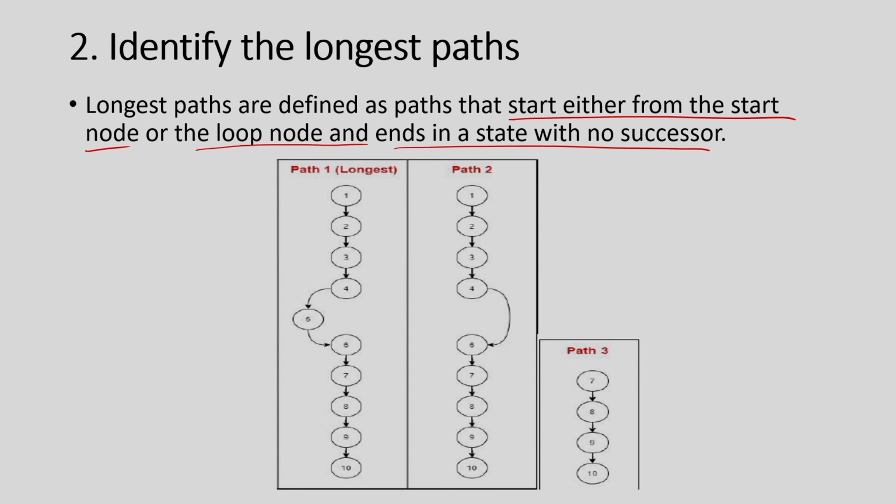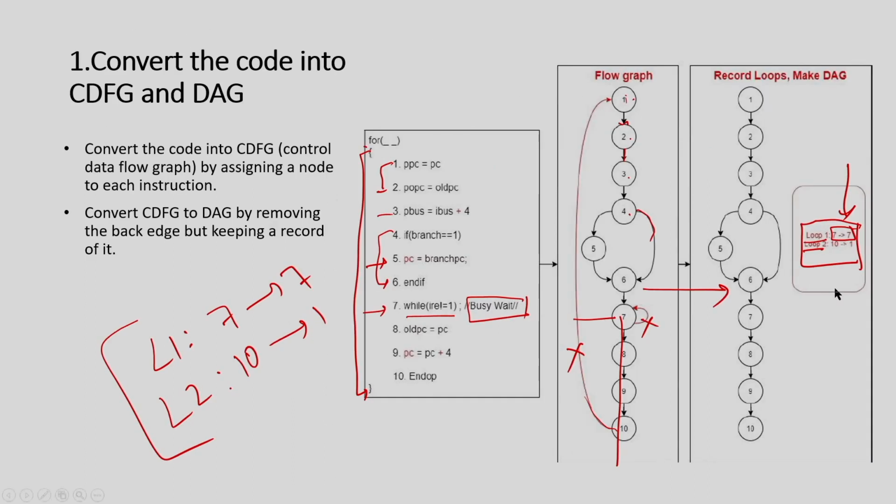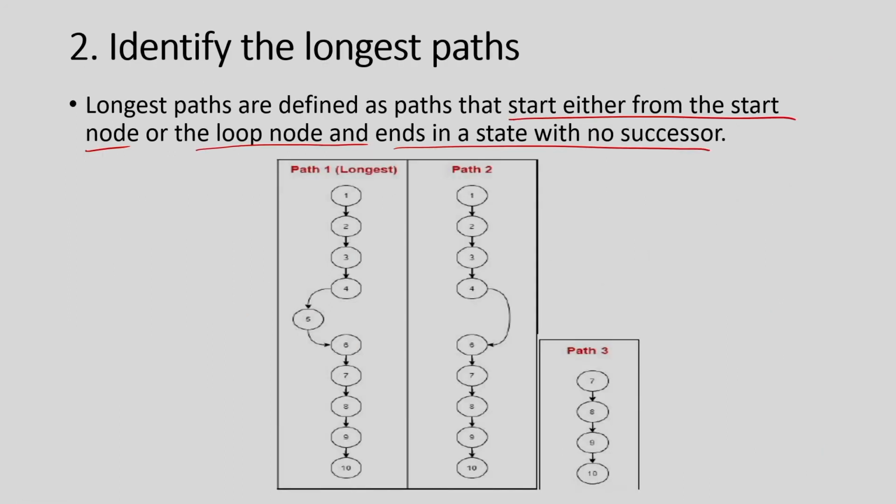Okay. So, now if you remove this and you get this, how many longest paths are there, right. Obviously, if you start from this node, this will be one longest path. This is another one, you start from here, you go to the else branch, right. So, that is my path 2, and as I mentioned, 7 was the loop point. So, I am going to start the third path, which is from this to this, right. So, there are P1, P2 and P3, so basically in this behavior there are 3 paths. Okay. That is what is given by this. This is my path 1, this is path 2 and this is path 3, which starts from 7. So, this is understood.